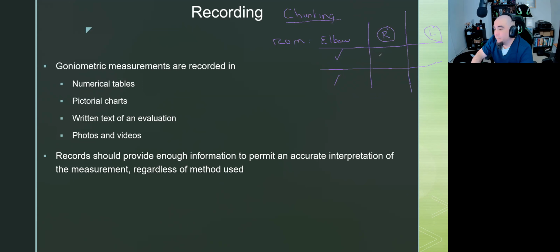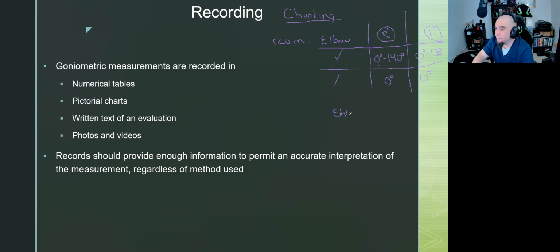And I'll say that, you know, maybe the right was 0 to 140. And the left was 0 to 130. Now the extension for the elbow is easy. The extension is always 0, unless they have hyperextension. This patient doesn't have hyperextension. They end at 0. But that would be the way I would fill out my SOAP note on this, is I would chunk it up like this. If I have multiple joints, well, there's my elbow,